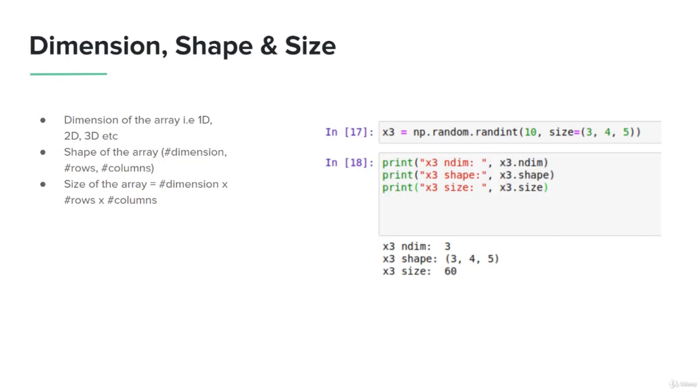So the dimension is 3, and the shape is 3, 4, 5, and the size is 60. So the concepts we've just studied are actually proven with this code. Now you can see that the initialization of those values is in the same way we have studied, which defines the shape of the array. So the first attribute would define the number of dimensions, the second one the number of rows, and the third